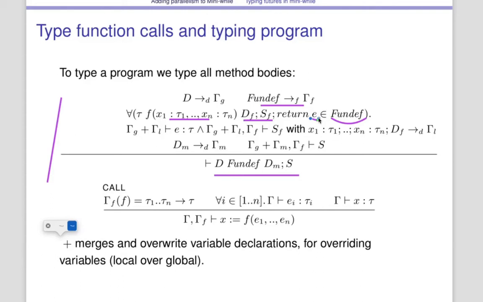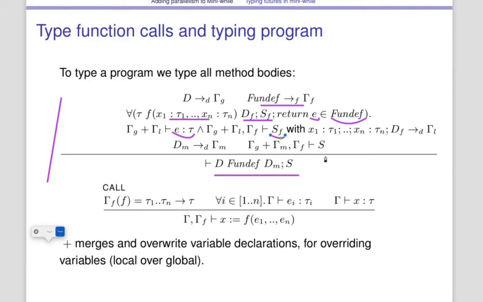And basically what you would do is that you would check that what is returned is of the good return type, that the statement inside the body of the function is correctly typed, and you would check that inside the typing environment that contains the functions if necessary, but mostly contains the variables, and the variables are the global and